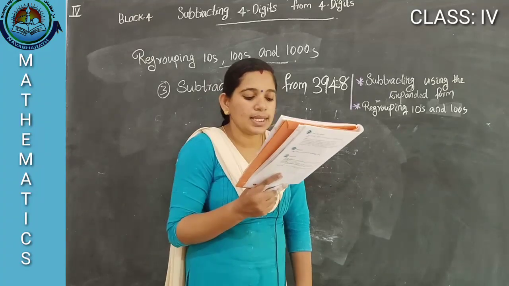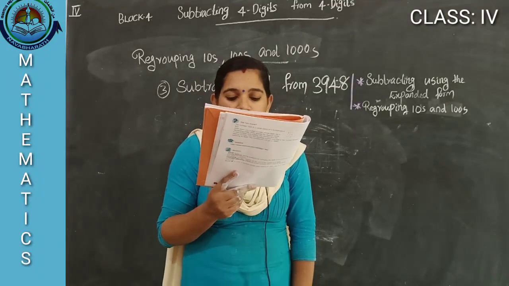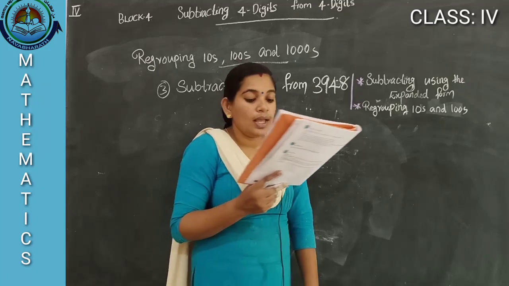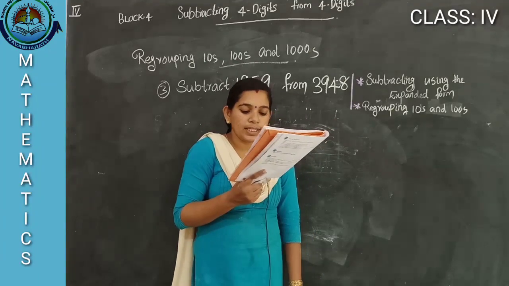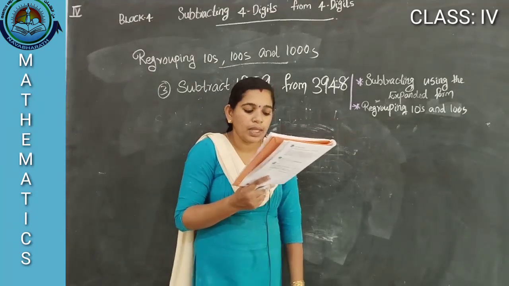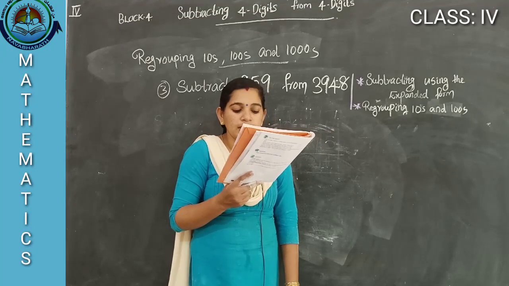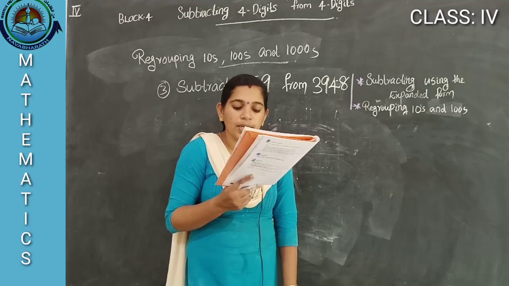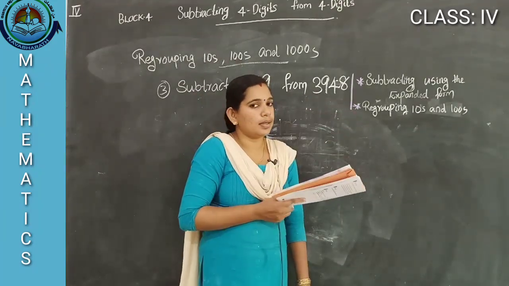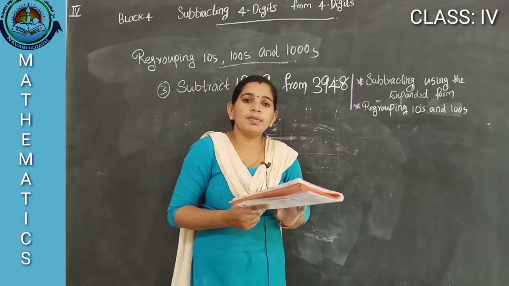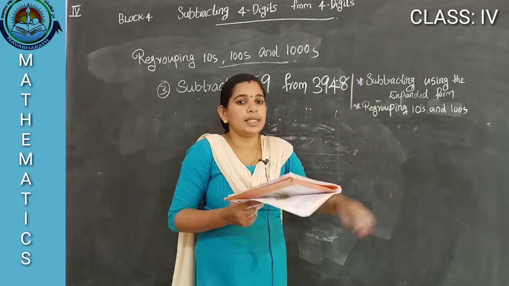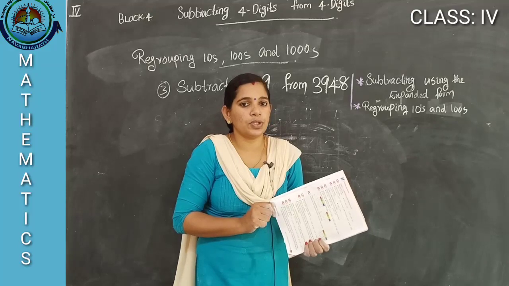Second, a stadium has 7,834 seats. 3,456 seats are occupied. How many seats are vacant? Third problem, 3,462 pupils live in a town. If there are 2,823 men and women, how many children are there? So these three problems are subtraction. We want to do subtraction. Find the difference. So you should write the steps also.